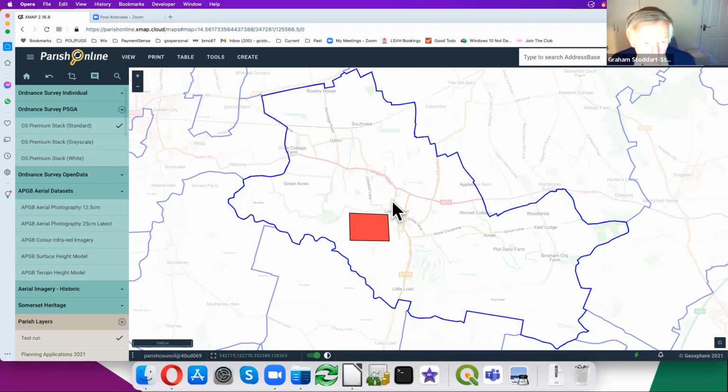And my favorite bit about public maps is that if you make a change here in Parish Online, then that change is immediately reflected in the public map. A classic one to do is planning applications. So if a new planning application comes in, you set it in here and it immediately shows on the village website, which is convenient. So just to give you an example of what it looks like,